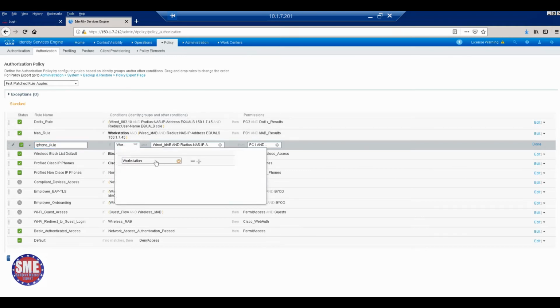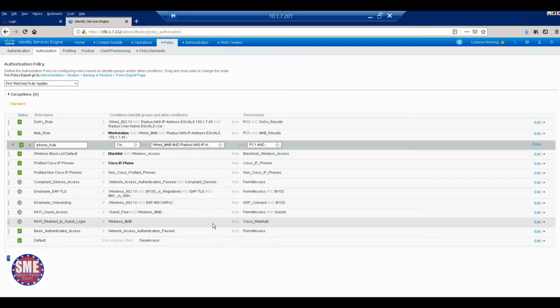Workstation will change to what? Which endpoint identity group will it change to? IP phone, Cisco AP. It should go to the Cisco AP, right? Which we created. Sorry, Cisco IP phone. Sorry. Endpoint group, it should go to profile. Where? Yeah, Cisco IP phone. So the Cisco IP phone MAC will be added in that identity group. Okay. Other conditions are the same, right? Is there any change? No, right?